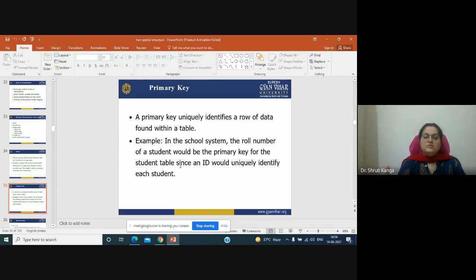Primary key, what is a primary key? A primary key is a key which uniquely identifies a row of data found within a table.